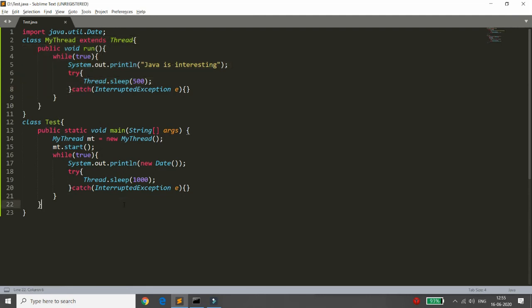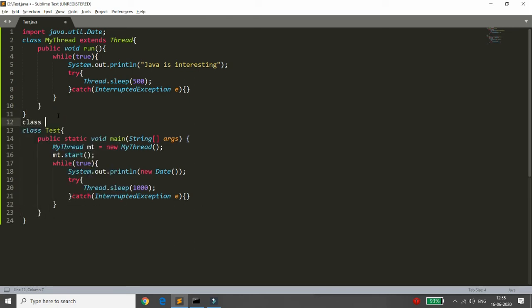Suppose I want to create one more thread, but it should display only odd numbers, and it must be implemented by Runnable. Then here you can write another class, and you can give the name OddThread, which implements Runnable, right?